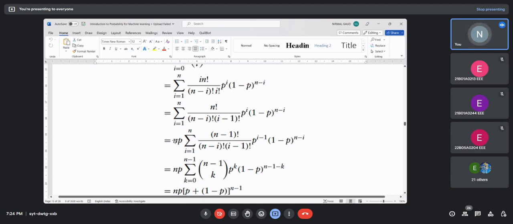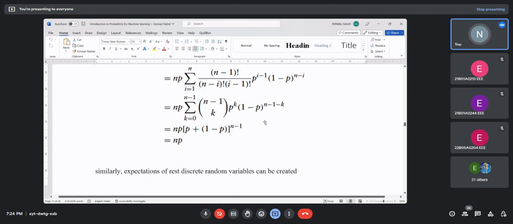So n I took outside, p to the power i I took p common, so it will be p to the power i minus 1. So np I took outside. So here is your complete equation. Okay,